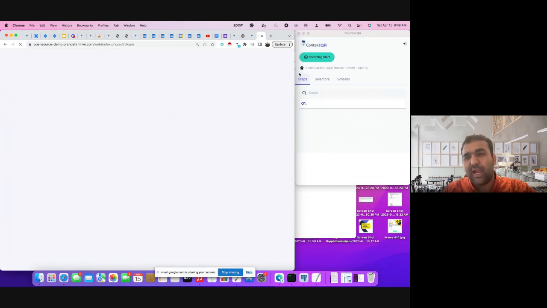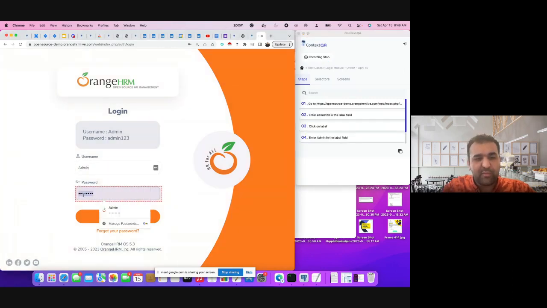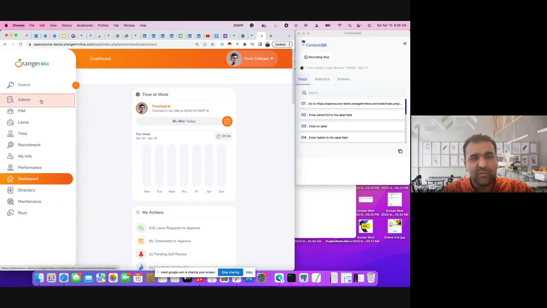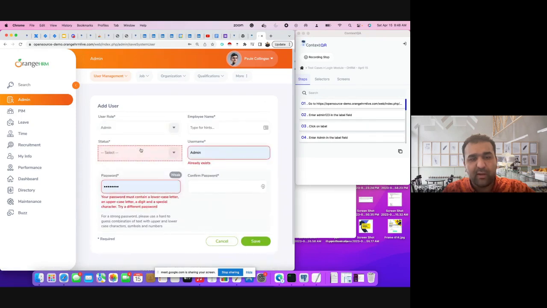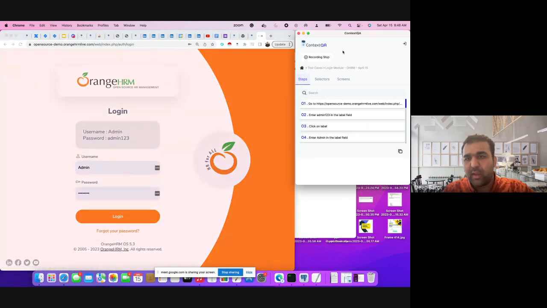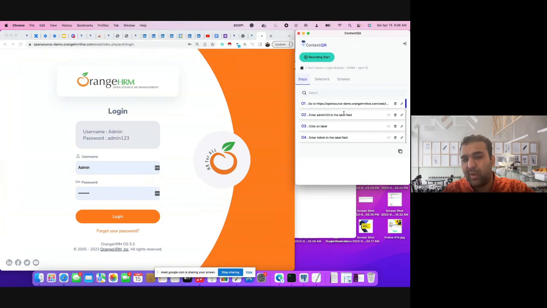Here we are discussing how to create and record a test case using ContextQA. So you go here, you start recording, you enter your username, password, login, and perform any actions that you would like to. You select the drop down, click cancel, and stop here. This is the easiest way to capture your activity, so you do not need to remember and write it by yourself.